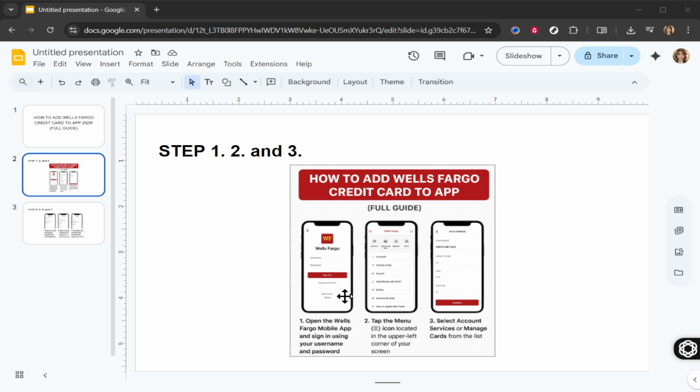Now that you're logged in, look towards the upper left corner of your screen. Here, you'll see the menu icon, often depicted as three horizontal lines, known as the hamburger icon. Go ahead and tap on this to open the menu. The app's menu is designed to give you quick access to a variety of services and options. Scroll through the menu and select either Account Services or Manage Cards. Both options will get you to your destination, showcasing the app's user-friendly interface, allowing you to manage your financial products